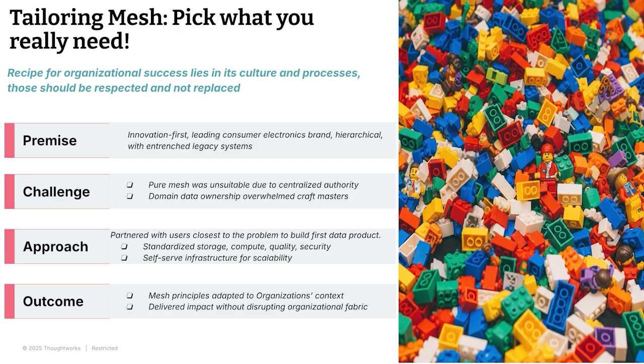And for this organization, for the existing hierarchy and an existing mature data platform, we started standardizing some of the capabilities around storage, compute, quality, security. And when you standardize all this, what do you get? You get data products, right? People were able to build their own data products. So the outcome was we were still able to move ahead in the direction of data mesh, but we did not disrupt the organization. So we reached a successful recipe of embracing the existing people and process of the organization.